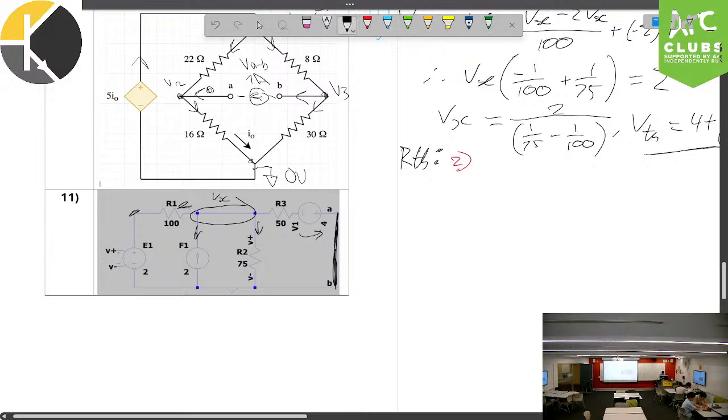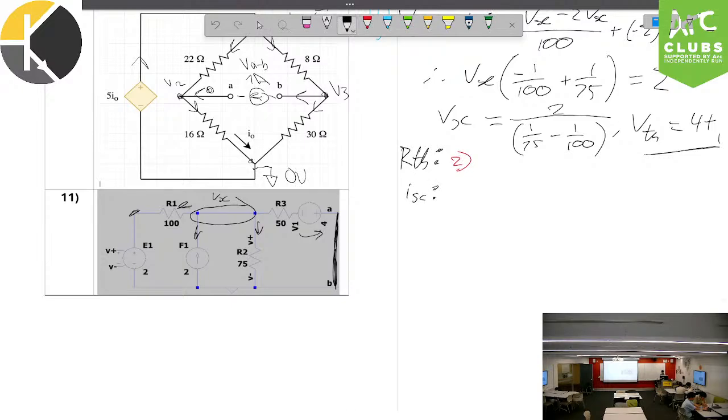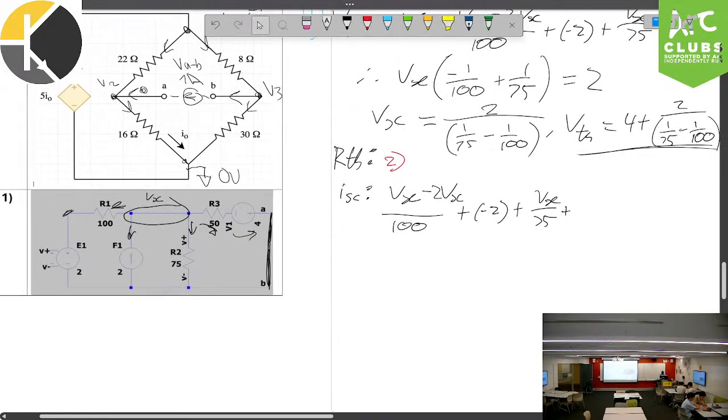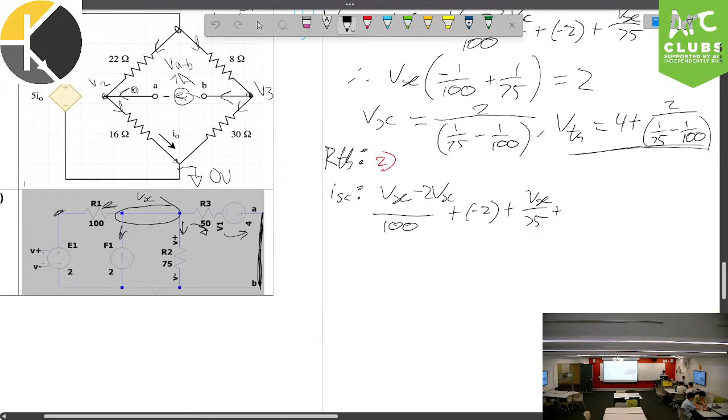We need to find I short circuit. And to do so, I am actually just going to do nodal again, because it's the same node, except we do have a current going through here. Okay? So we pretty much just run back the exact same equation, Vx minus 2Vx over 100 plus minus 2 plus Vx on 75